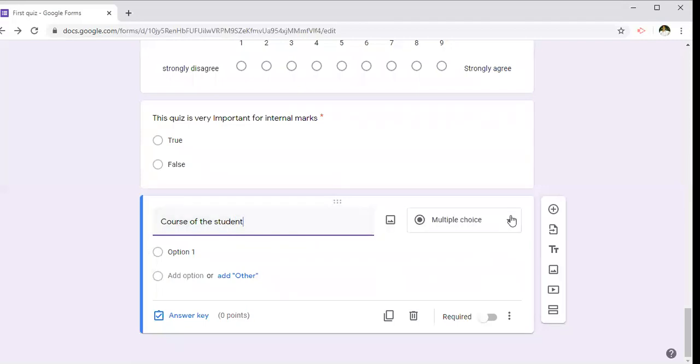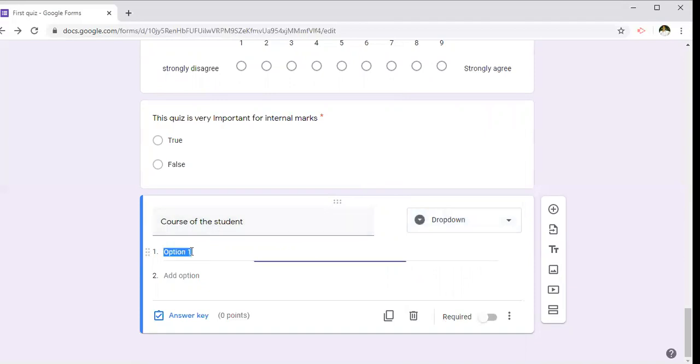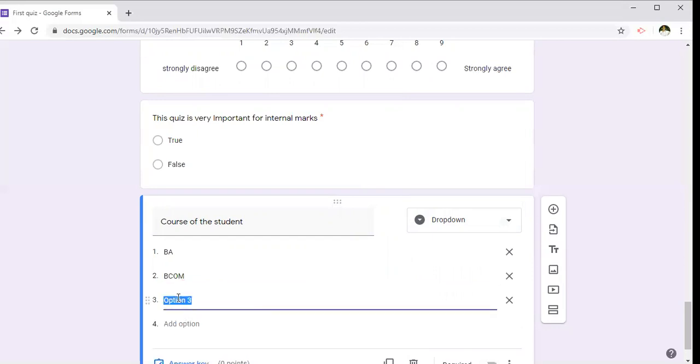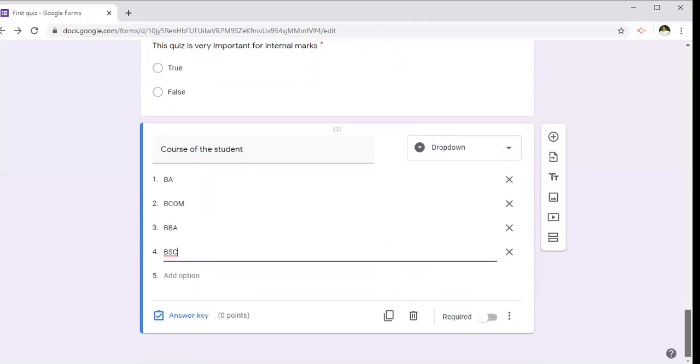If you go for this drop down option, we can write here BA, next BCom, next BBA, and next BSc. Mark it as required.